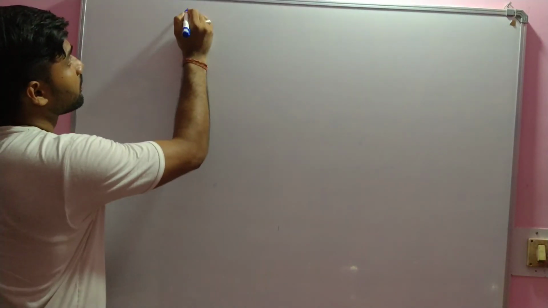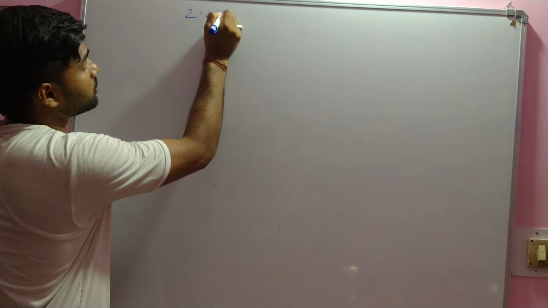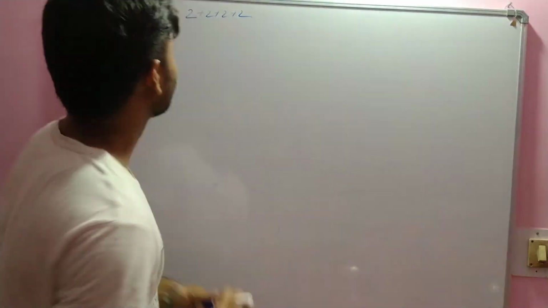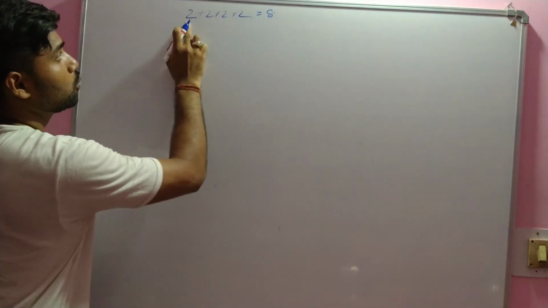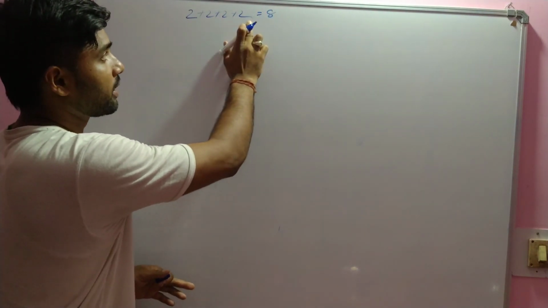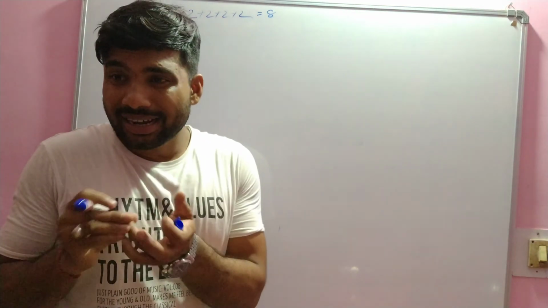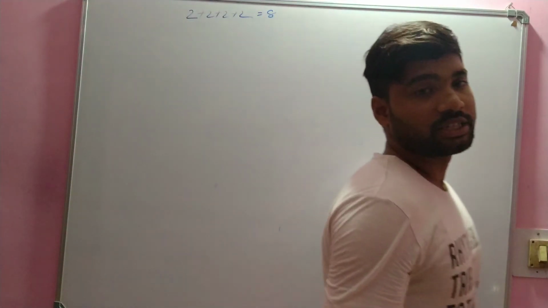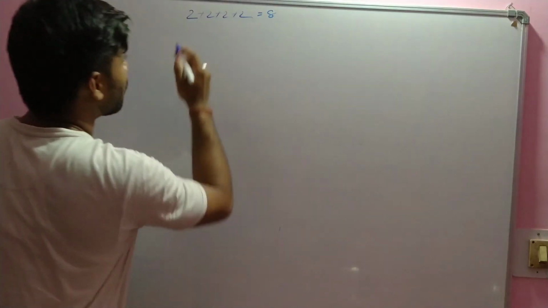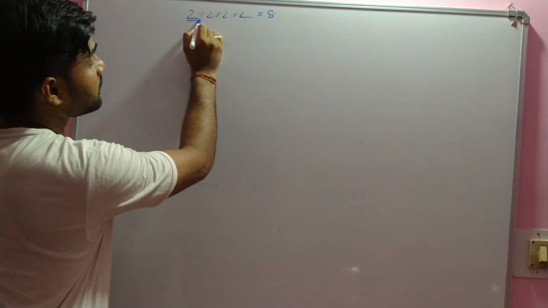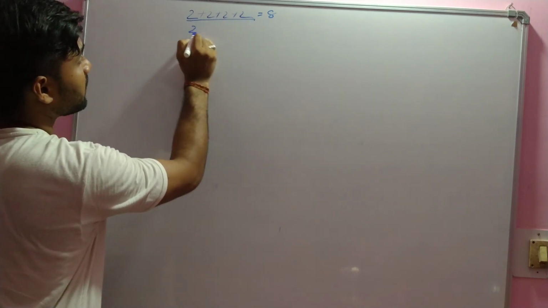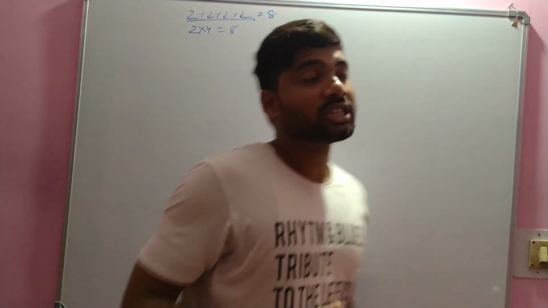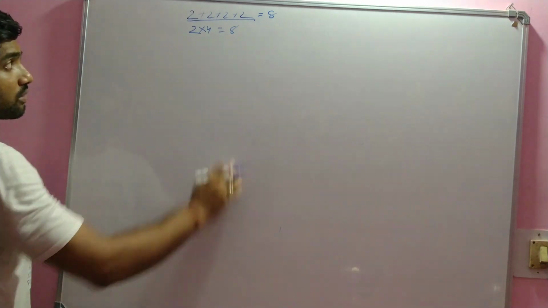first tell me, if you add 2 plus 2 plus 2 plus 2, you will get 8. 2 plus 2, 4 plus 2, 6 plus 2, 8. Okay. It took some time to make the addition easier. Also, we say that 2 is added to itself 4 times, so it may be written as 2 into 4, 8. To make addition easier, we do the multiplication.